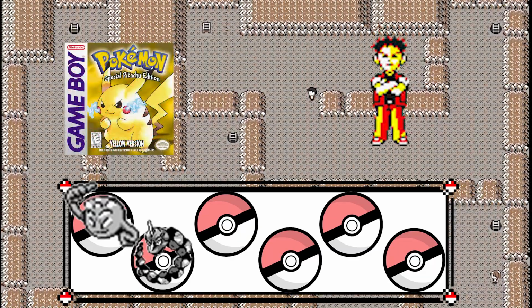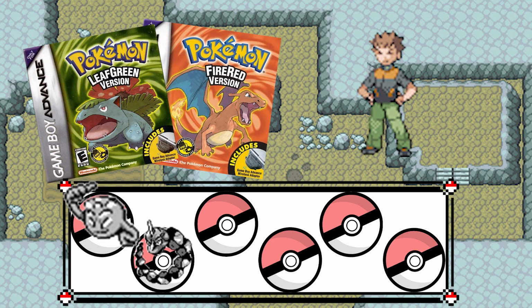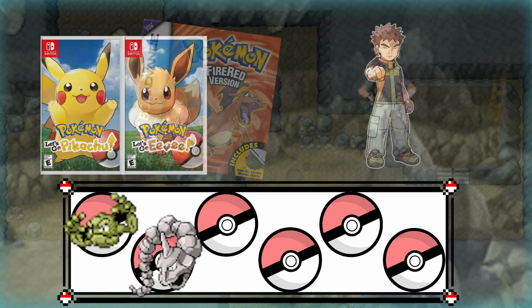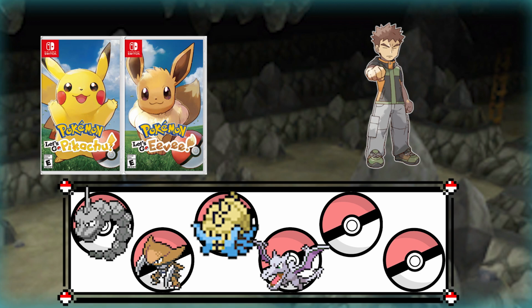In Yellow, Brock is an easier fight, with him having a level 10 Geodude and level 12 Onix, while in the remakes, Fire Red and Leaf Green, Brock has a level 12 Geodude and level 14 Onix, but finally this Onix actually has a rock type move, Rock Tomb. In Pokemon Let's Go, Brock has a level 11 Geodude and a level 12 Onix. However, we have the ability to rematch the gym leaders in this game, so Brock's new team is a level 56 Kabutops, a level 56 Onix, a level 56 Omastar, a level 56 Aerodactyl, and his main Pokemon is surprisingly